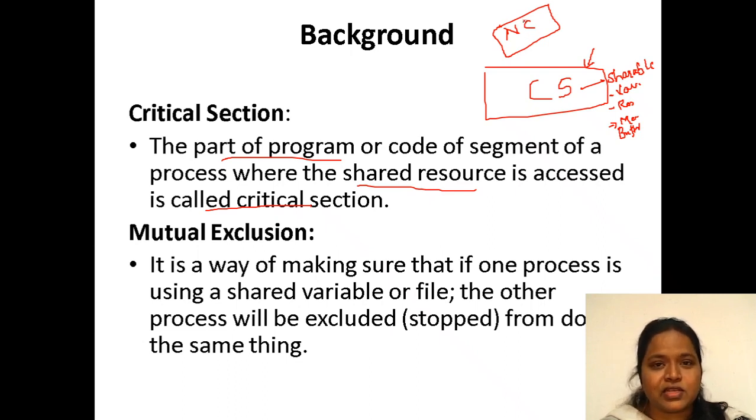As I discussed in the first class of our unit 2, in the main program we have two portions, the critical section portion and the non-critical section portion. The variables which are shared among two programs are placed in the critical section, and the variables which are not shared are placed in the non-critical section.